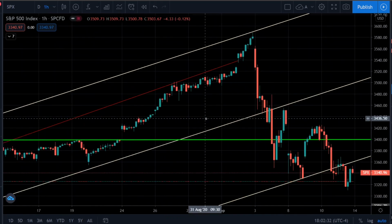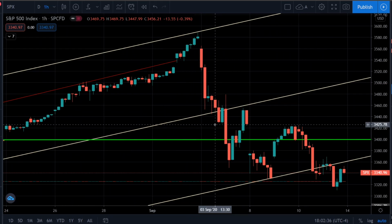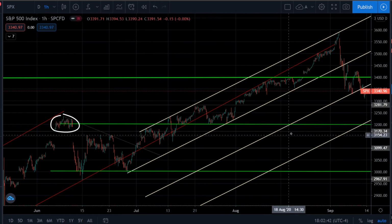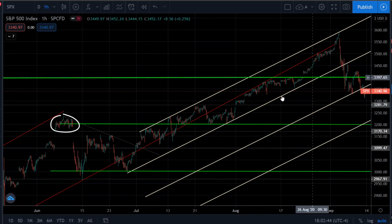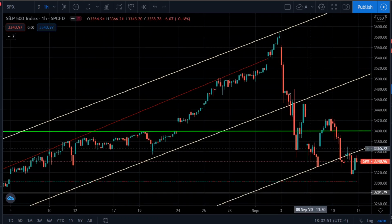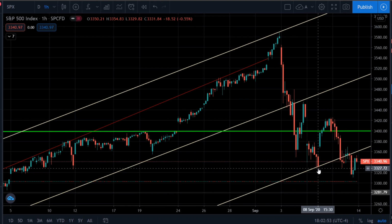In my last video, I had expected that we would continue to sell off, at least on the smaller time frames, because that's the trend on the shorter time frames. On the upper time frames, we're still in an upward trend. However, we did break this trend line right here, and that's why I cloned this trend line. I brought it down to here, and as you can see exactly what happened, another measured move,